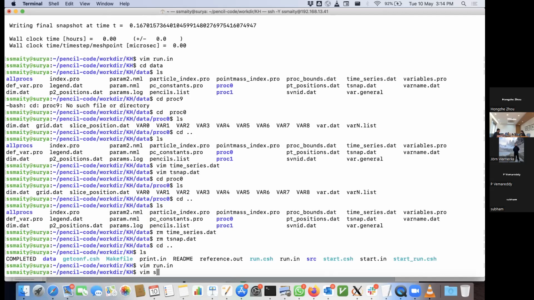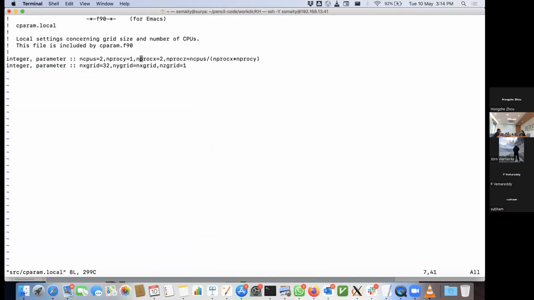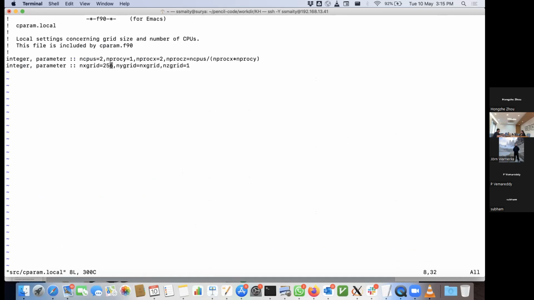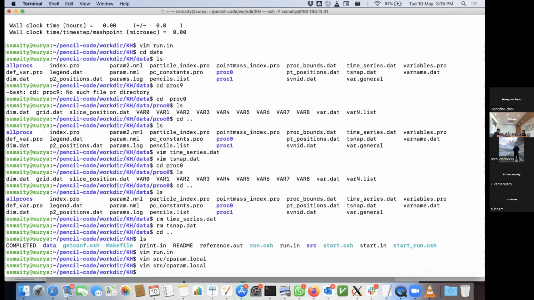But I think in the cparam we chose like 32 grid points. I don't think 32 is a good resolution number. We can make it 256. So it takes more time than this, but it will give you a good result. Number of CPUs is okay, it is the same because we are using the same computer. And since we changed the cparam.local,